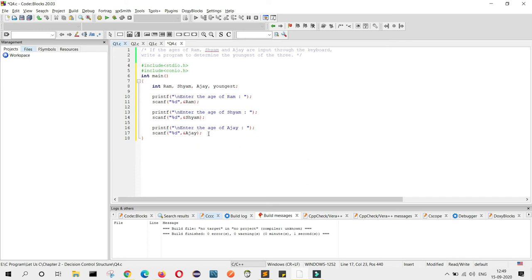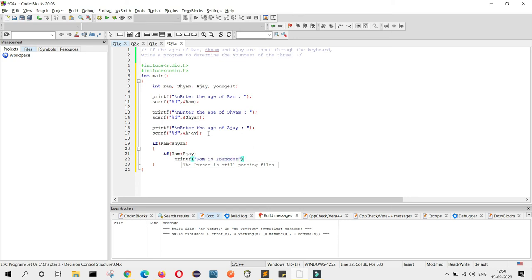Now I will write the condition here. If Ram's age is less than Shyam, if Ram's age is less than Ajay, then printf Ram is youngest.